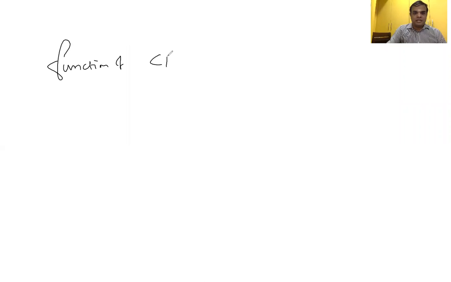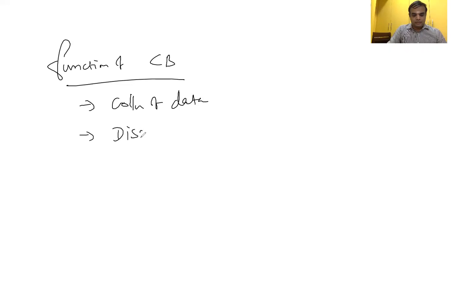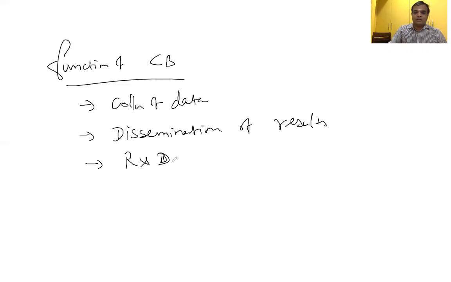The functions of the central body may be collection of information and data, then dissemination of the results, then research and development: what we have undertaken and what benefit we have to share with the members,